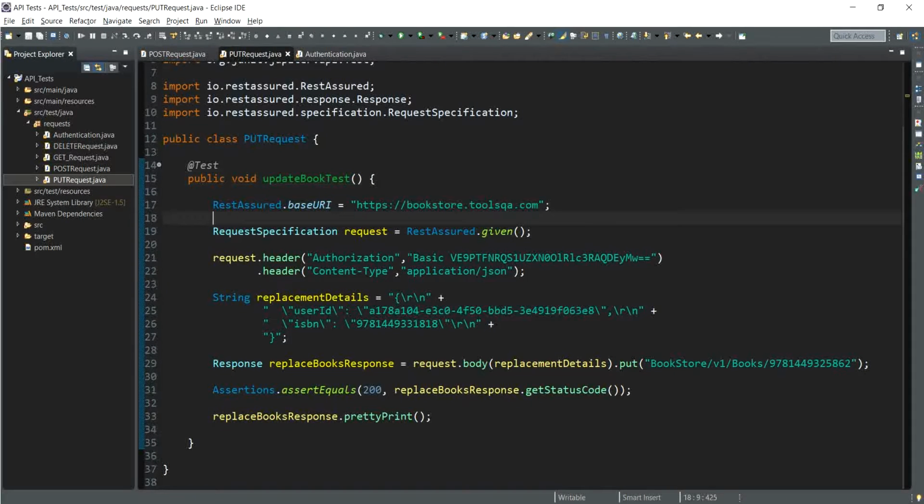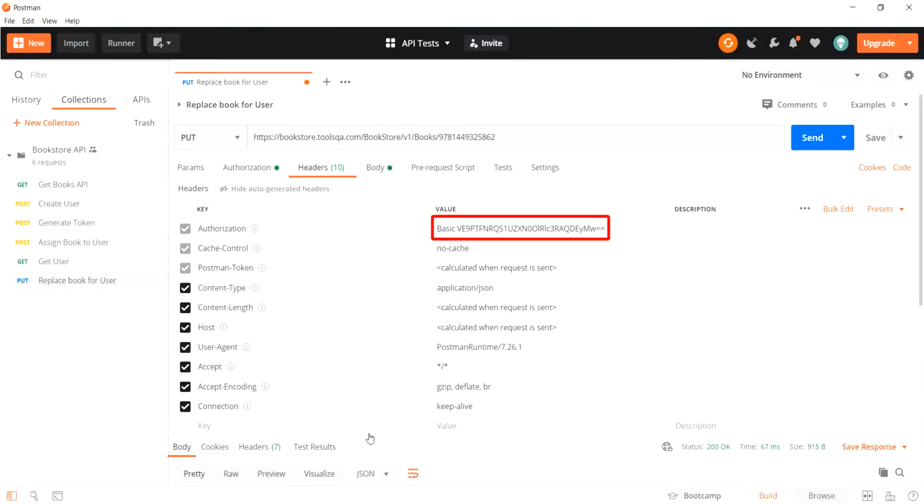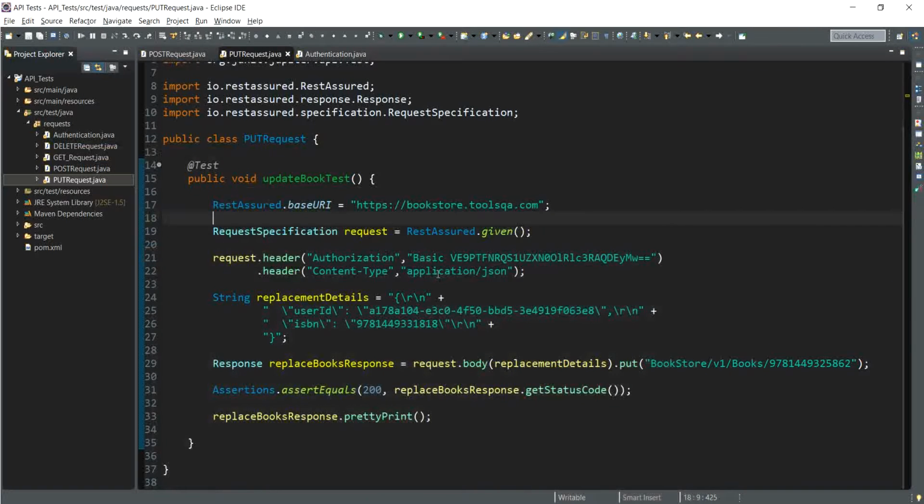Now that the put request got successfully executed, one of the things that we missed on was the basic authentication. For basic authentication, we had copied it from the request header, that is right over here, the value we had copied and pasted it as a header value for our request. But instead of doing that, what we can do is create our own code and use it as a Rest Assured code to create an encoded string for basic authentication.